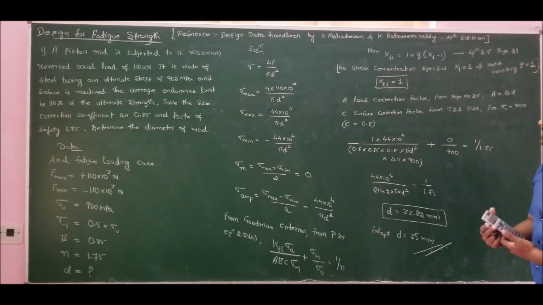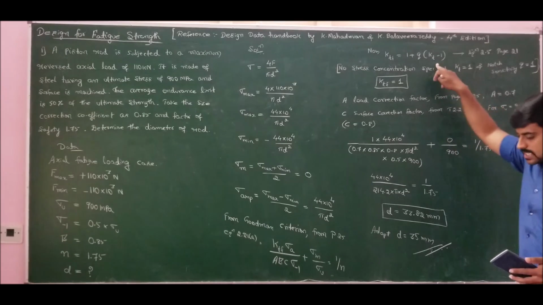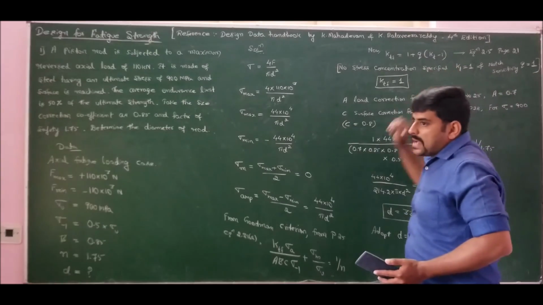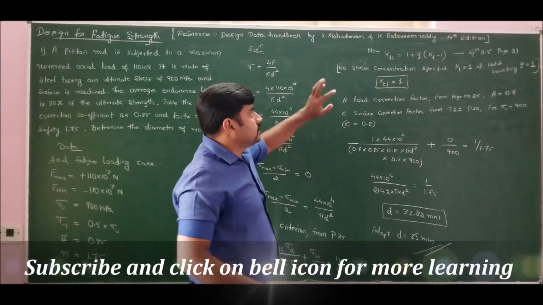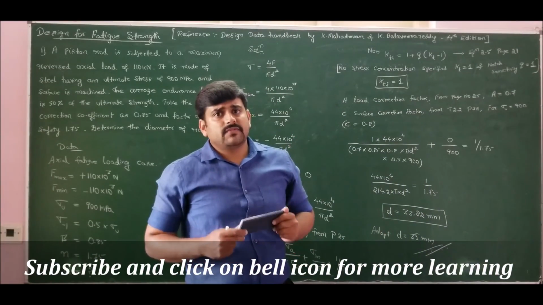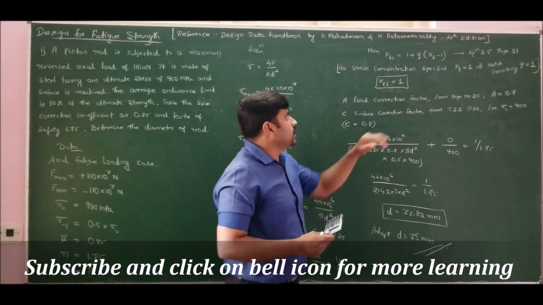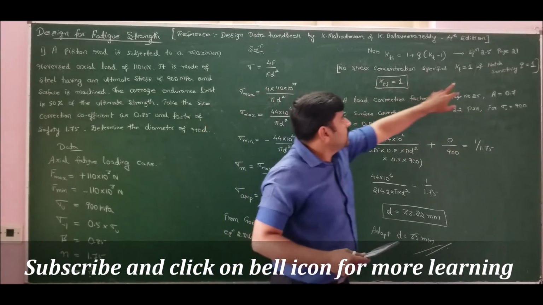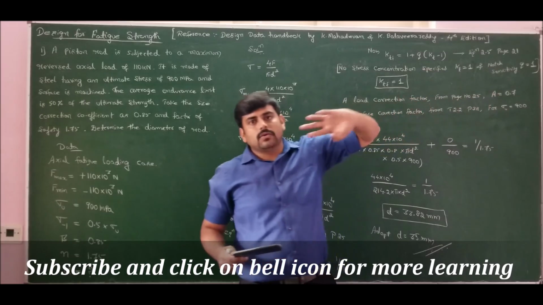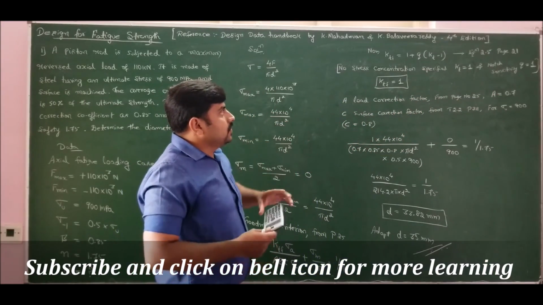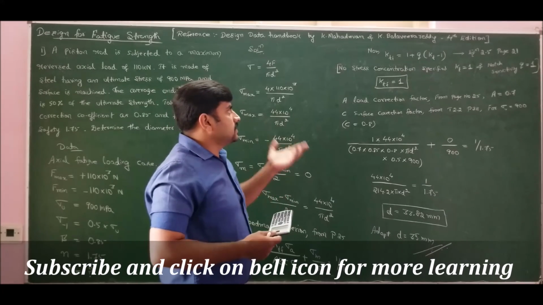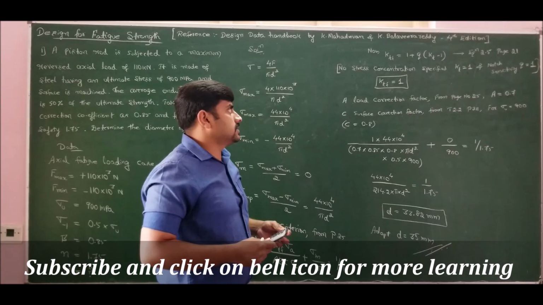So from the definition of stress concentration factor, we know that stress concentration factor is maximum stress by nominal stress. So therefore, if there is no stress concentration specified, then we can take the value as unity. So I am taking the value as unity, that is nominal stress is equal to the maximum stress, and notch sensitivity q is taken as unity because it has not specified any notch sensitivity for us.